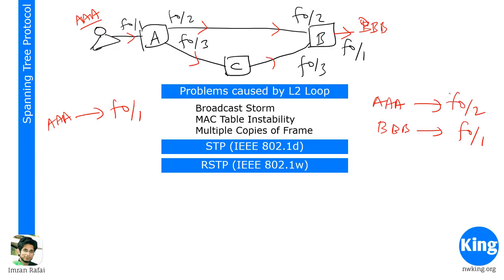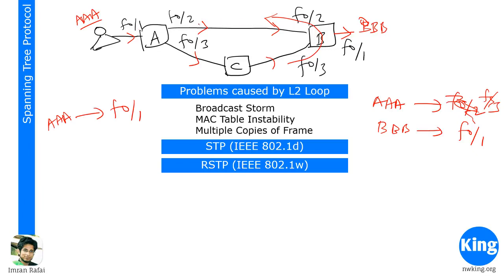Now for some reason I need to update this, so it updates as AAA to F0/3, right? So it says now AAA is available on F0/3, right? So now when this broadcast again starts going out here, switch A also would start getting confused, because switch A originally thought AAA source MAC address was connected to F0/1, but then now this broadcast would tell